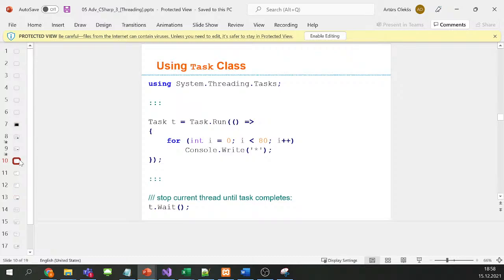And as an addition, you can also use tasks, and you can use wait, for example, to wait until the task completes. So, for example, this means that if you execute this method,